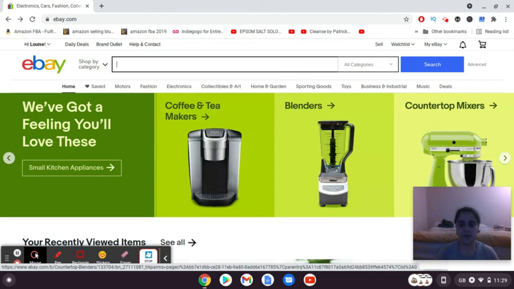What print on demand in a nutshell is, you don't have to fulfill any products, you don't have to ship any products. You're just creating it, and then every time you get a sale, you're integrating that product on eBay to the platform you're using to create it, okay. And the second that someone purchases it from eBay, they do the shipping and the fulfillment orders for you, automatically, okay. So it's pretty cool.